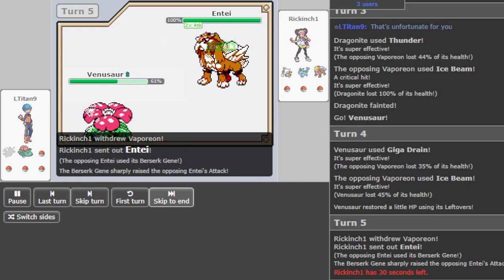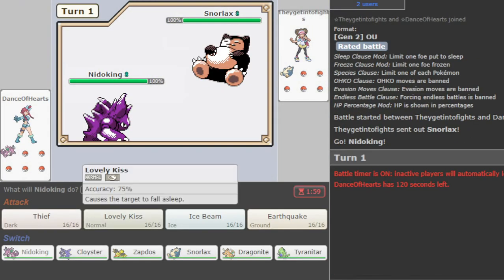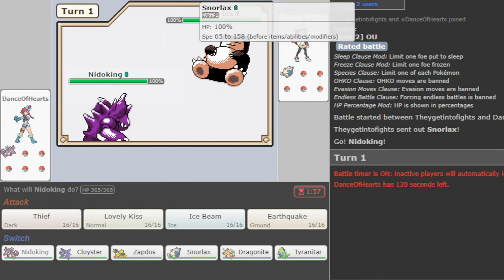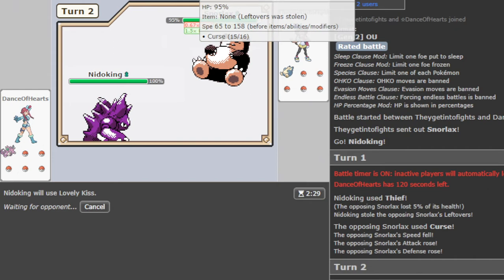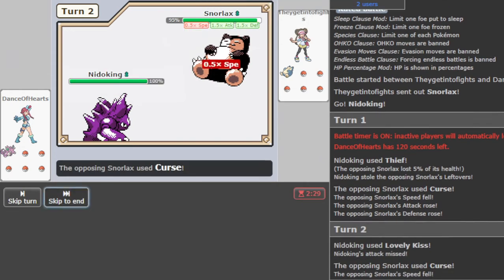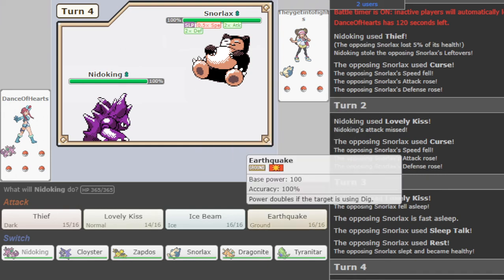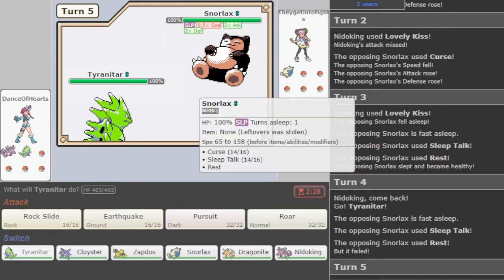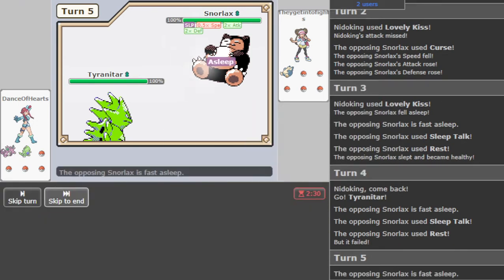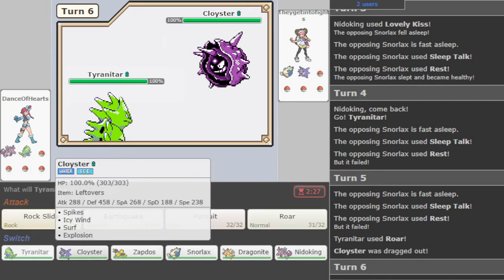Oh, now does he Sleep Powder? It's Berserk Gene, that's disgusting. So he probably gets full paralyzed. So on Lax, we click Thief. And now we Lovely Kiss. Now we Lovely Kiss. And we go straight to Tyranitar because you're not really doing anything. I'm just gonna Roar. See a Cloyster. We click the...